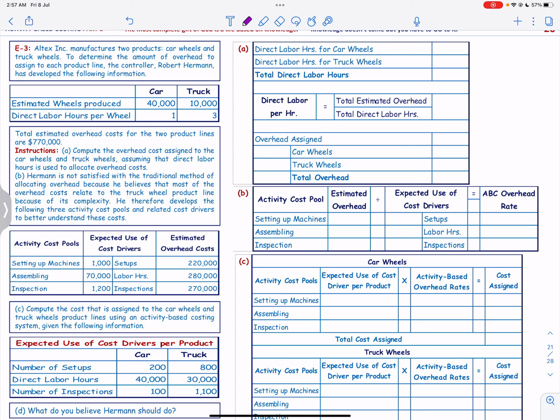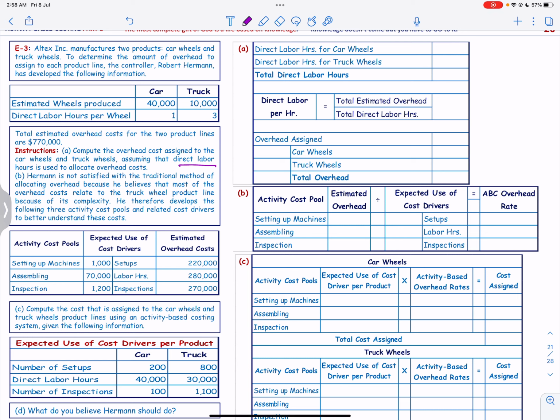Estimated wheels produced: car 40,000, truck 10,000. We need 1 hour of direct labor per car wheel and 3 hours for the truck. The total estimated overhead cost for the two products is 770. We have to compute the overhead cost assigned to the car wheels and truck wheels, assuming that direct labor hours are used